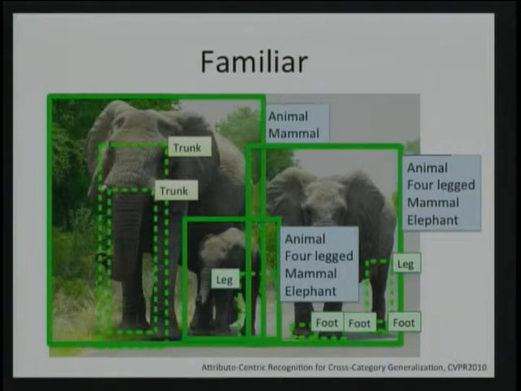On this picture, with 3 elephants on them, we've seen elephants during training. We know how they look. We can train models for those. And instead of just saying elephant, elephant, elephant, we can produce this much of information. We can localize the elephant, saying that this is an animal, it's a mammal, it has leg, here's the leg, here's the trunk, here is the foot. This is a 4-legged mammal, and I know it's an animal, it's an elephant.